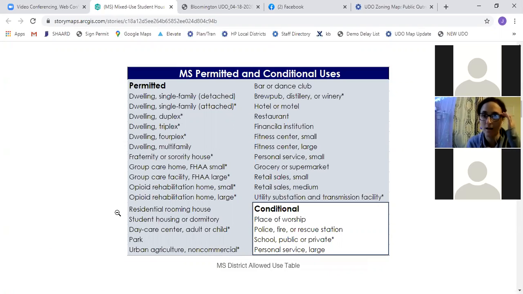And so many of the uses that already exist in these areas are permitted and would be able to go on as is, as permitted uses, and not even be changed to lawful nonconforming, which sometimes is a concern when there is a rezone. So this is the list of permitted uses and conditional uses that is currently in the UDO for this district.